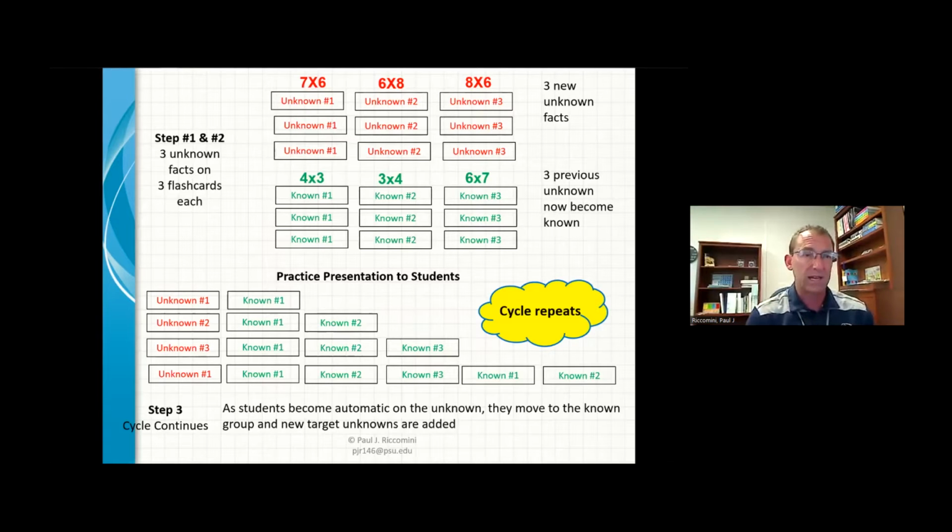So I got my cards set up. I got my class. I want the kids to practice this. So you have options here. You can just say, all right, silent practice to yourself, and then the kids practice with themselves. That's fine. The issue with that is there's no feedback and you don't know if they're actually practicing.